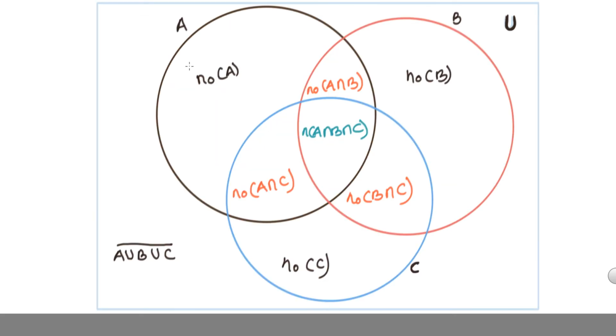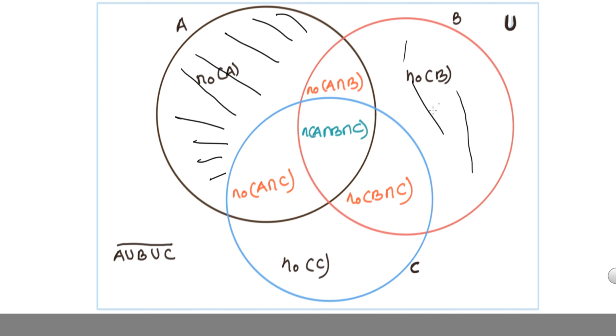Now let us understand the same thing for three sets. We have here A, B, C. Let me make you understand what each individual region signifies. So this region over here is n not A, which is only A, excluding everything else. Similarly, this is n not B, this area. Similarly, this is n not C,